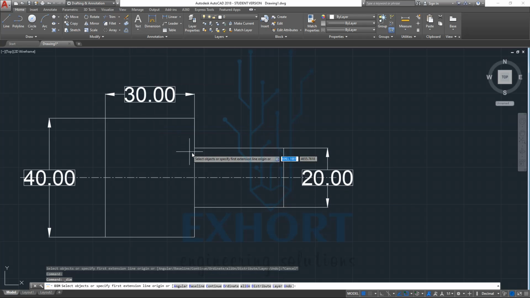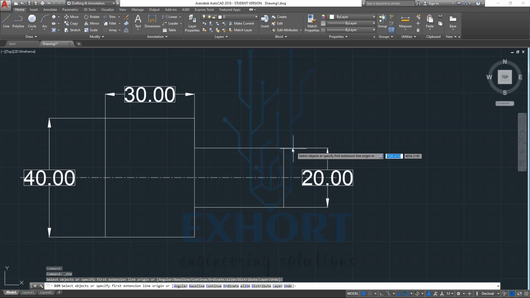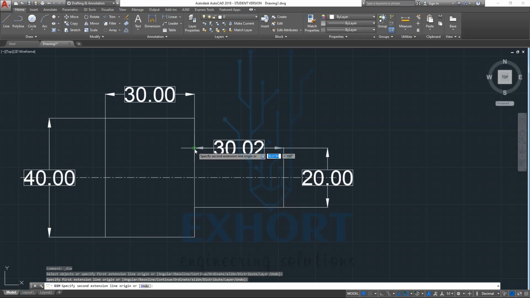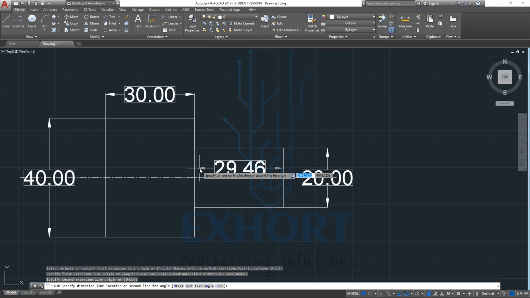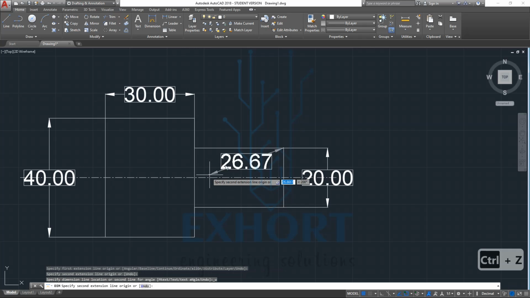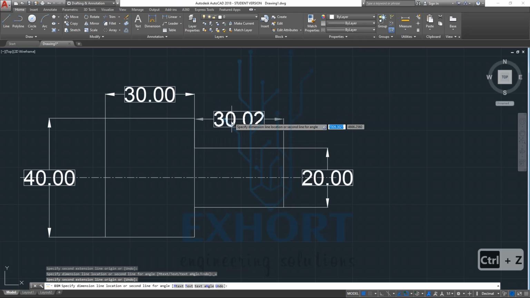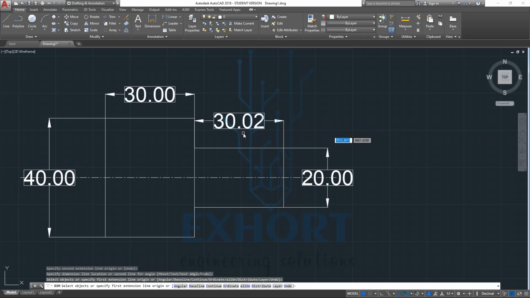Now we want to choose the horizontal direction, so we go near this line, and you will notice that this distance, sorry, this 30, it will show us here. This is a very small margin, 30.02. Likewise we can use our dimension tab.